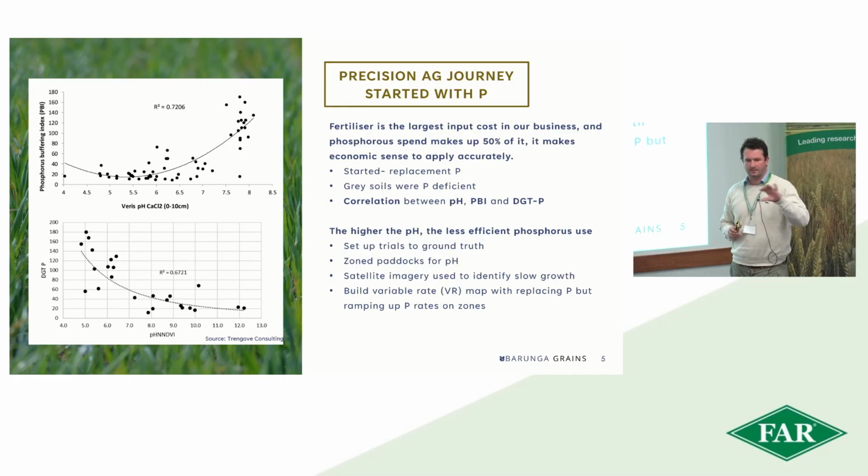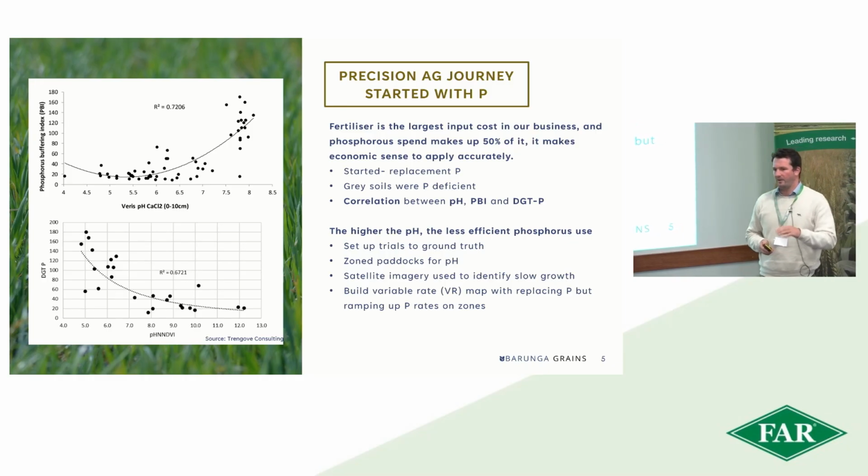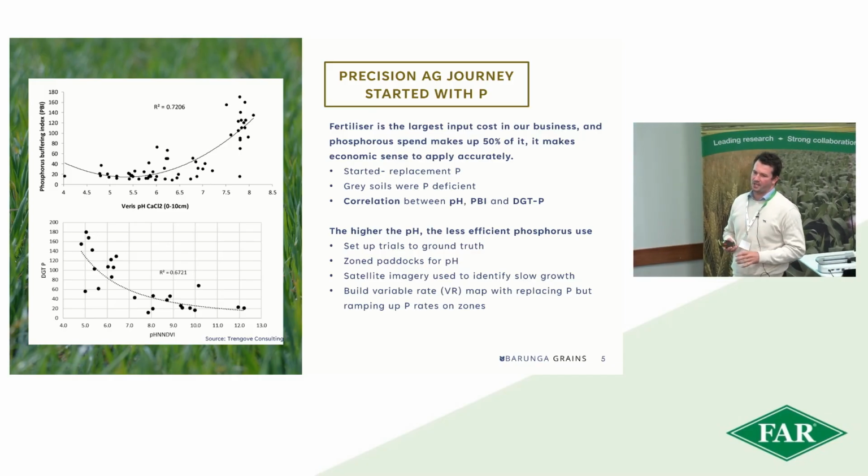They were getting a little bit of a tinge of green early on, and so we'd get some tissue tests, and they'd always come back low in P. So we found a bit of a correlation between the pH of the soil and the satellite NDVI early on. We'd get a satellite map of the paddock in early July the previous year, and we'd overlay a pH map with it, and we worked out that on those soils we can really push a lot